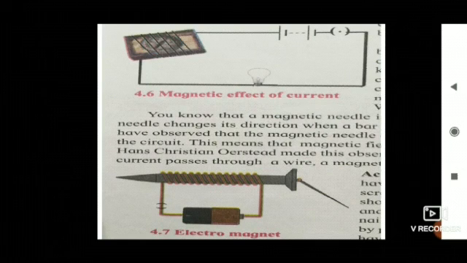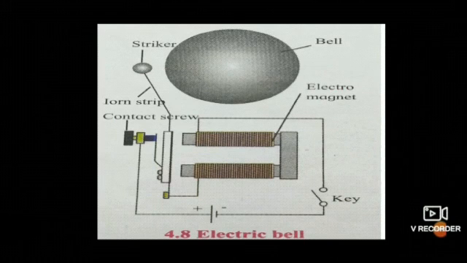This experiment was first performed by Oersted in 1820 to show the magnetic effect of current. He concluded that a wire carrying an electric current possesses a magnetic field around it. The strength of the magnetic field depends on the strength of the current. However, the current carrying wire is not strong enough as a magnet to attract an iron nail or small paper clips. This is the picture of an electric bell.